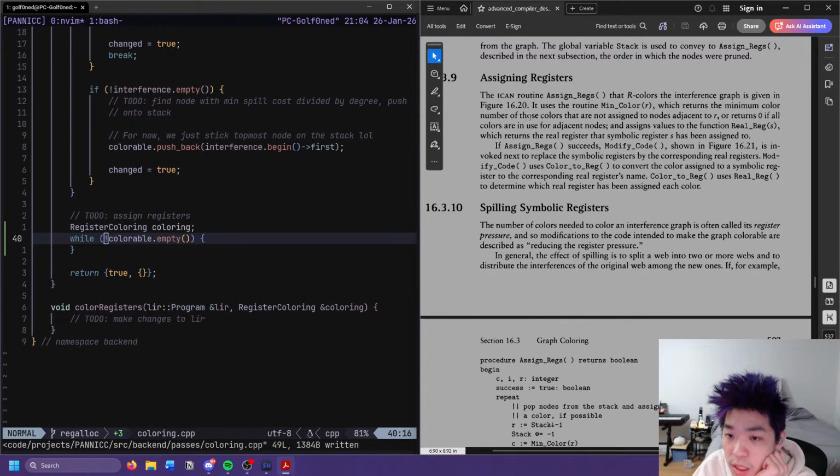Returns the minimum color number, whatever that means, of those colors that are not assigned to nodes adjacent to R, returns 0 if all colors are in use. Yuck. Okay. And then real regs. Okay, that makes enough sense, I guess. Okay.